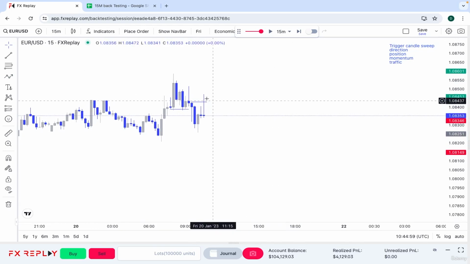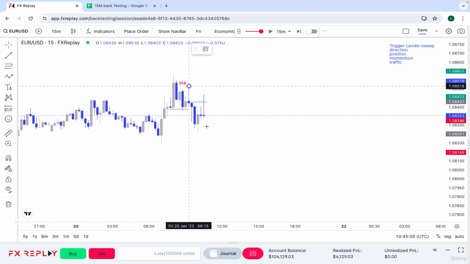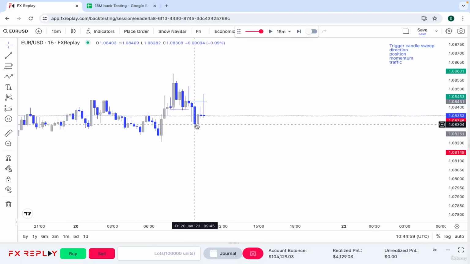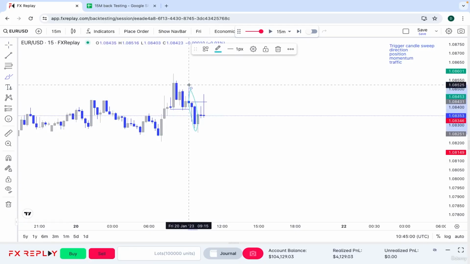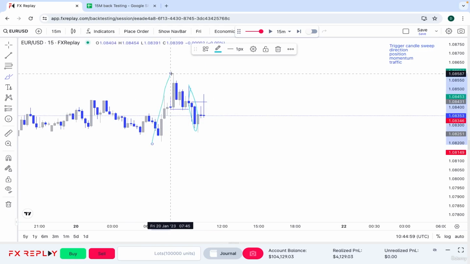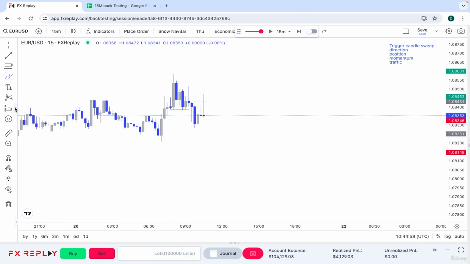So we've got direction, we've got the trigger candle sweep, position, the last leg from there to there. Again, it's not the best setup, but we come back to the 78 there. Momentum, we have got quite a strong push from here to here, but we've got an equal strong push upwards here as well. So it's not the cleanest setup, but for the purpose of this, I'm going to take it because